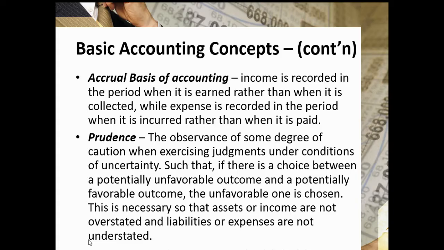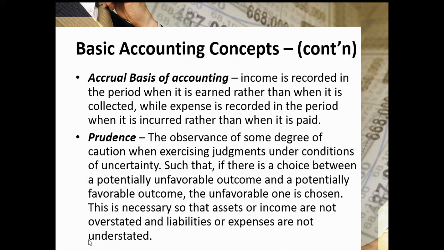Another concept is prudence or conservatism. So under this concept, the accountant observes some degree of caution when exercising judgments needed in making accounting estimates under conditions of uncertainty, such that if the accountant needs to choose between a potentially unfavorable outcome versus a potentially favorable outcome, the accountant chooses the unfavorable one. This is necessary so that assets or income are not overstated or hindi siya masosobrahan, and liabilities or expenses are